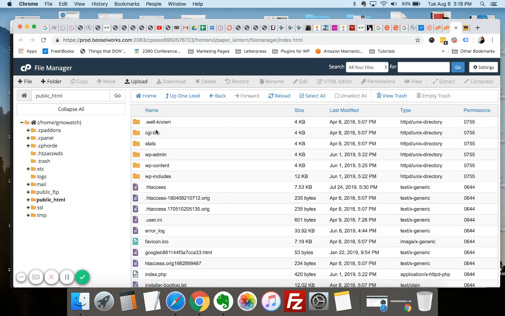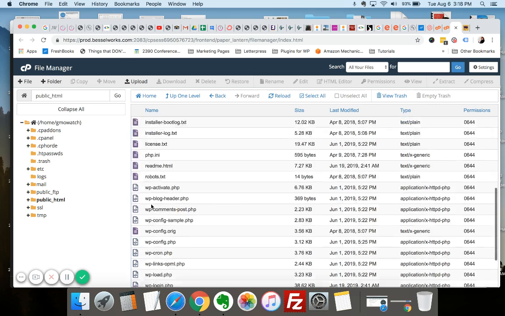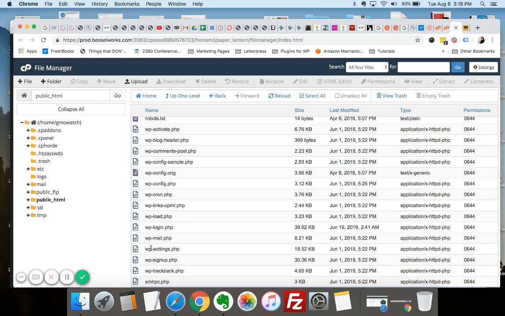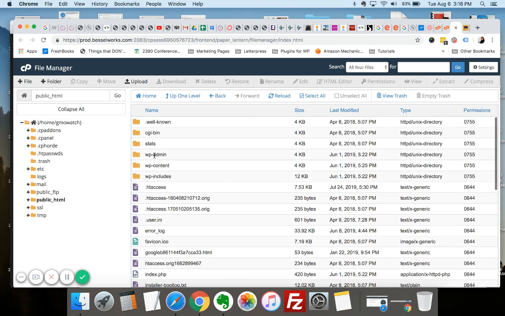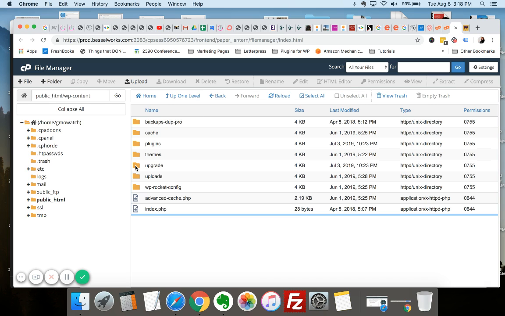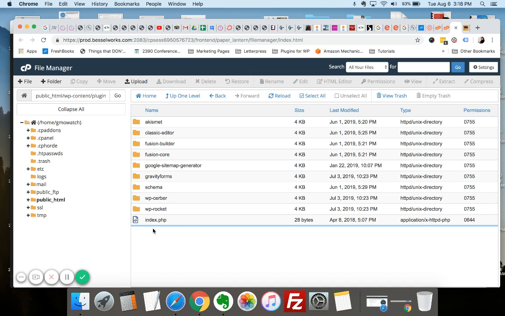Or if this is what you see, these files and folders that start with WP, that's your WordPress website. So all of these files make up your WordPress website. And the plugins are in this file here, and we call these files a directory. So we go in this WP content directory, you double click on the folder, and then here's the directory with plugins. So if I double click on that folder, it takes me in this level,